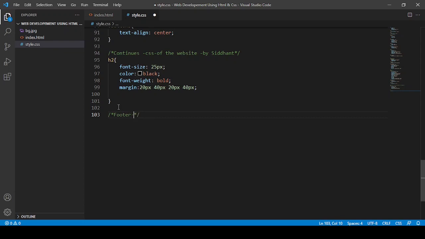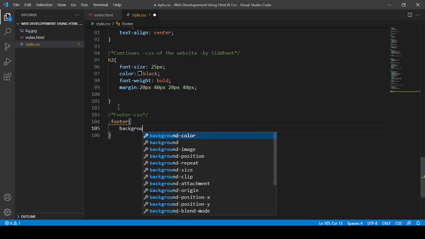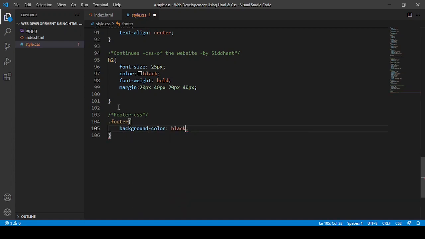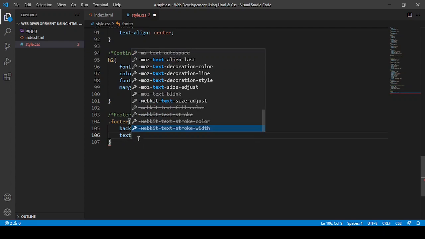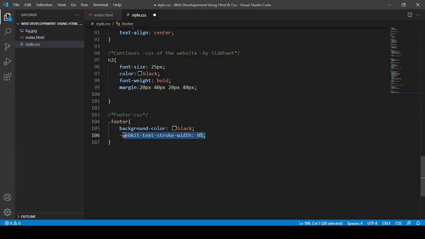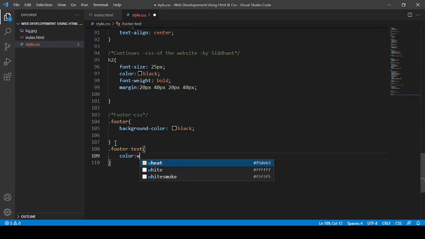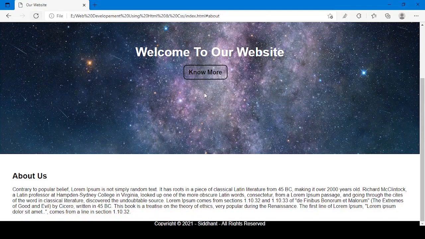I'm going to say footer-css, and I'm going to say dot footer, and in that I'm going to first say background-color black. Then after that one I'm going to say dot footer-text, and in that I'm going to say color white, and then text-align center, and after that I'm going to just reload it.